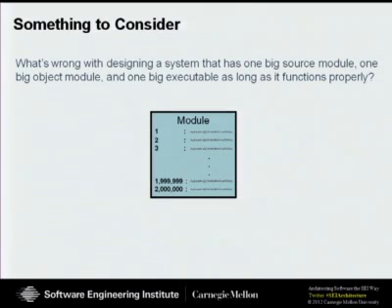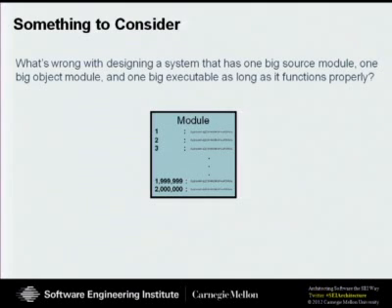In the end, the software performs every function that I want it to perform without any problem at all. What's wrong with this design? Is there anything wrong with this design? Would you sign up to be a developer on this project? Would you sign up to manage this project? And if you think about it, the answer is probably no, because